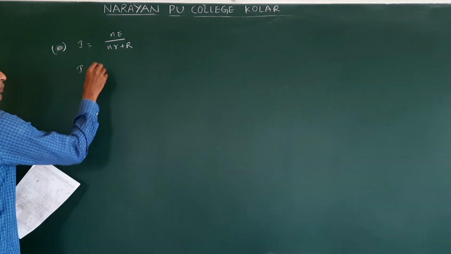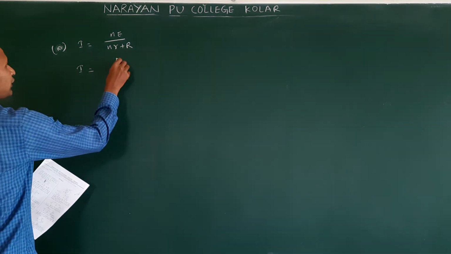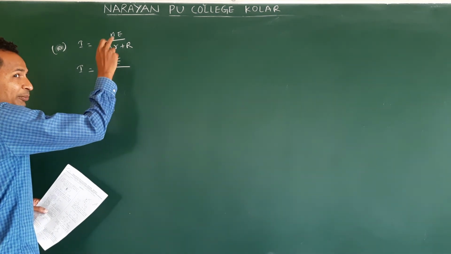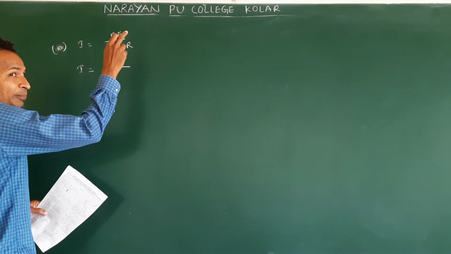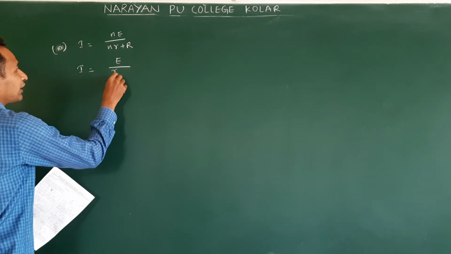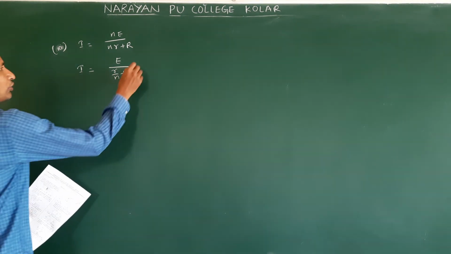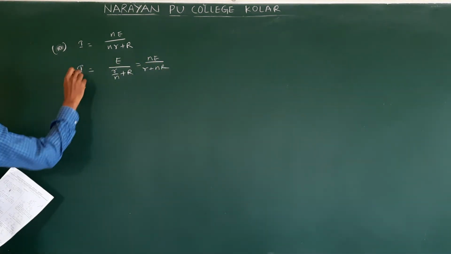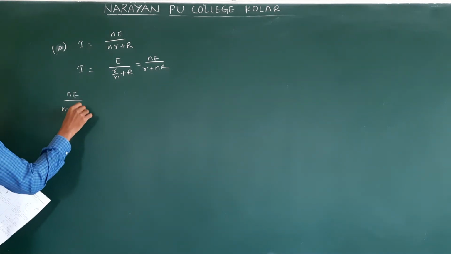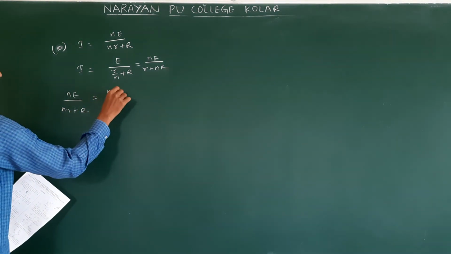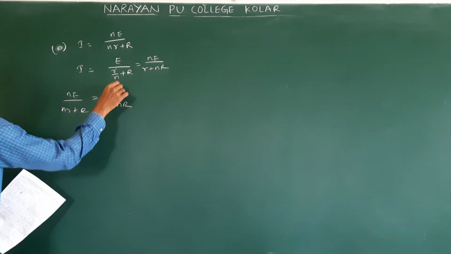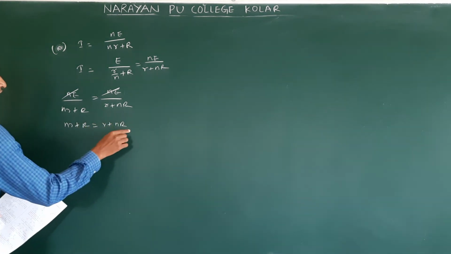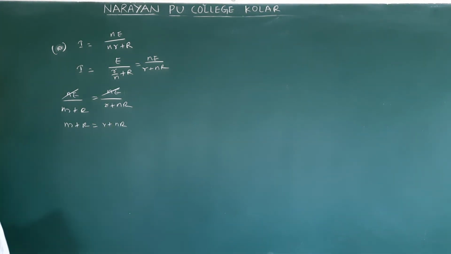When they are connected in parallel, the EMF is the same, so this is E. Clear? For n resistors connected in parallel, the effective internal resistance is r by n, again connected to the external resistance. So you will get nE by R plus r by n... These two currents are the same. So nE by (nR plus capital R) is equal to nE by (R plus nr). These two will be cancelled. If nr plus R is equal to R plus nr, rearrange and you will get the answer. The answer is 4.